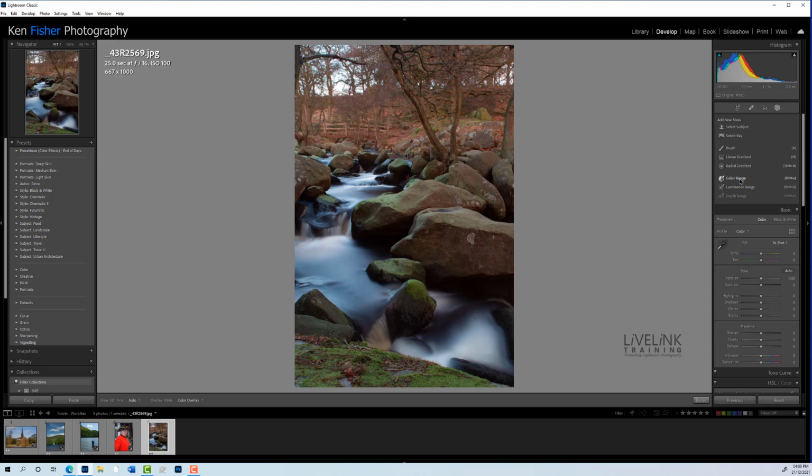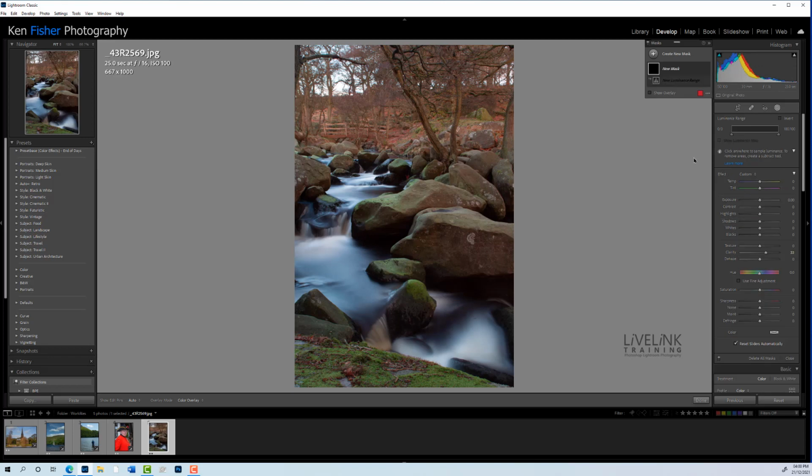So what do we do? Okay, well, I'm going to click on Luminance Range, and there it gives us a mask, and now I'm going to click on an area that I want to make the selection of, so something like that. And you'll see what it's done is it's now created this overlay based on the majority of the water. And I want to keep that. I'll just put the show overlay on just to show you, but there are still some pretty harsh transitions, and